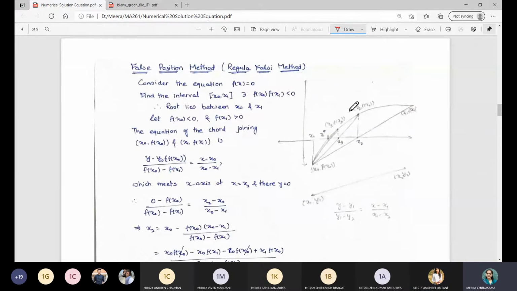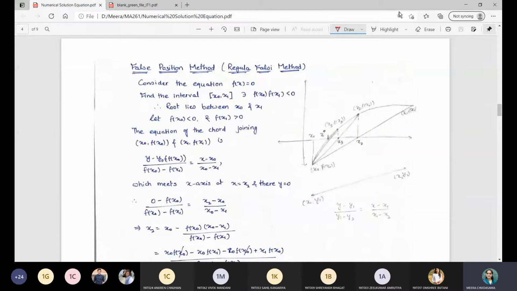If we talk about the last week's lectures, we started with the numerical solution of an equation: nonlinear, linear, algebraic, transcendental, and all those methods. We are going to see three methods: the bisection method, the regula-falsi method, and the Newton-Raphson method. In the bisection method, we saw that the method surely gives you convergence, but the convergence rate is very low, meaning you have to consider more iterations if you want a precise answer.